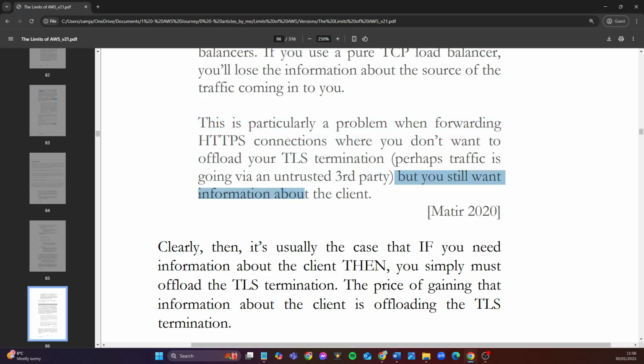But you still want information about the client. So it's particularly a problem when forwarding connections where you don't want to offload your TLS termination. Perhaps traffic is going via an untrusted third party. So you don't want to offload your TLS termination, but you do still want information about the client. So you want something to be maintained, but at the same time,